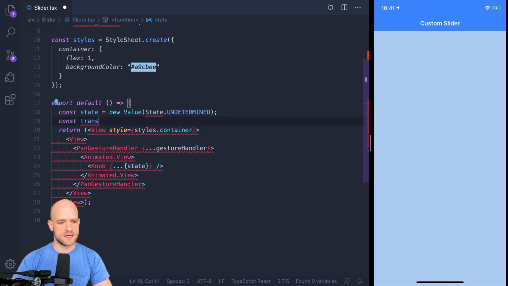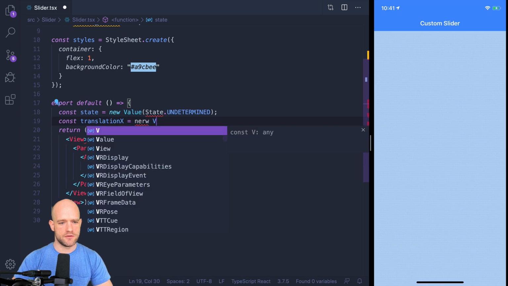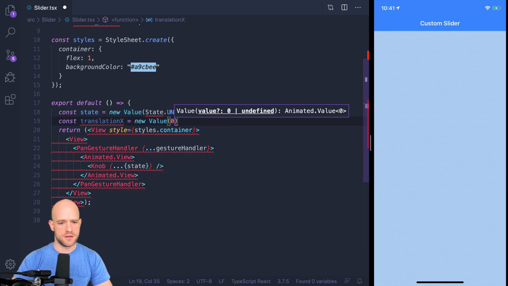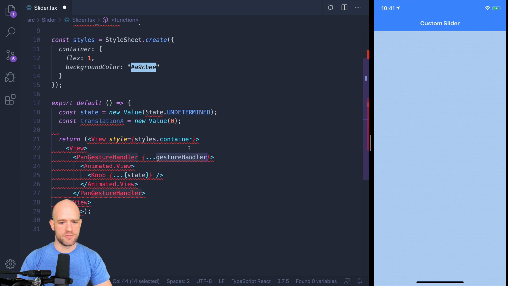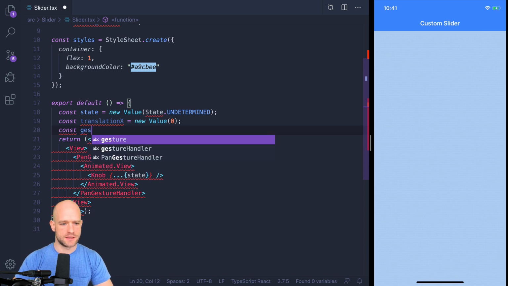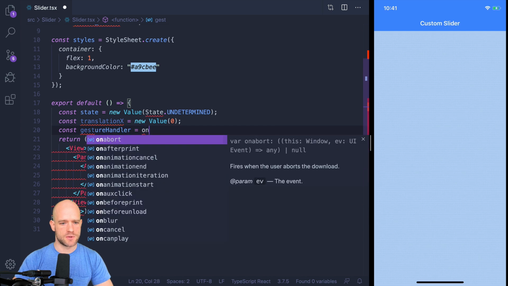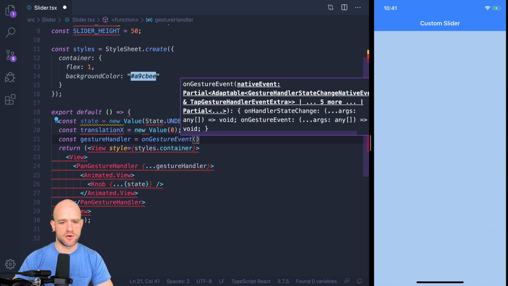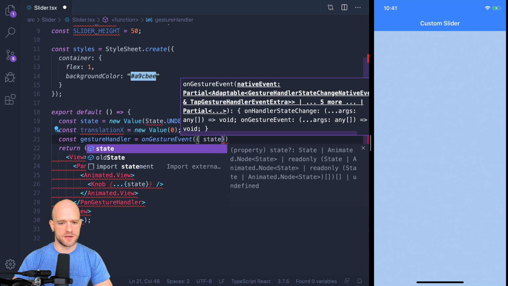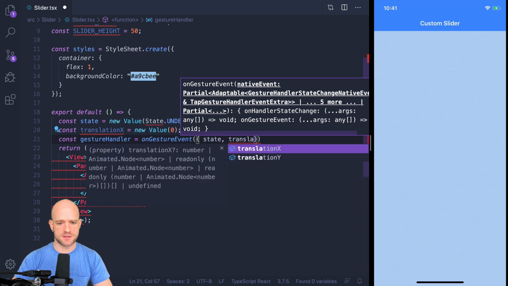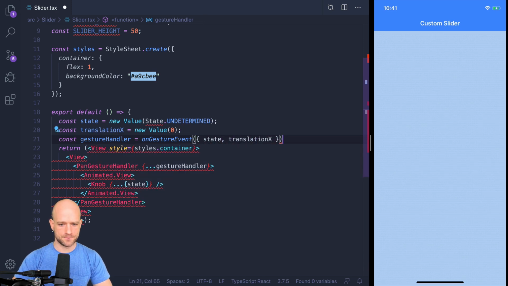And we need the translation x of the pan gesture handler. We have a helper function from Redash to create the necessary properties in order to create a pan gesture handler. So we're going to create gesture handler, and we're going to use onGestureEvent from Redash, pass the values we need, state and translation X,